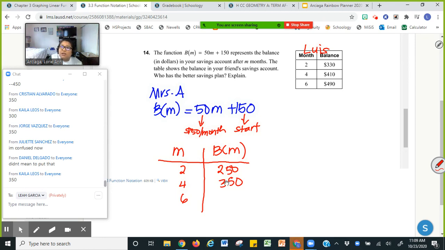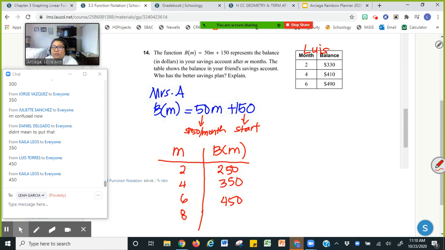Next, 6 months. Luis had 490 for 6 months. How much did I have for 6 months? 450. That's great. Okay, now I still want to beat Luis, so I'm gonna go. Okay, 8 months. How much did I have in 8 months? 550. For 10 months, how much did I have? 650. Okay, I'm gonna stop there. You think I will beat Luis